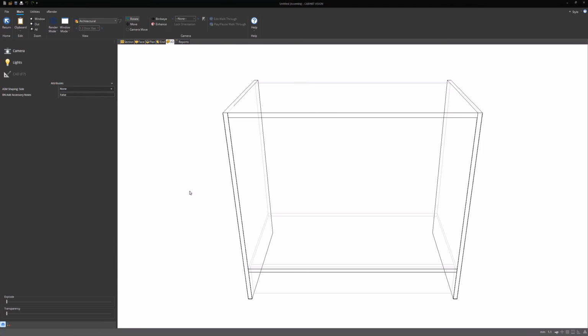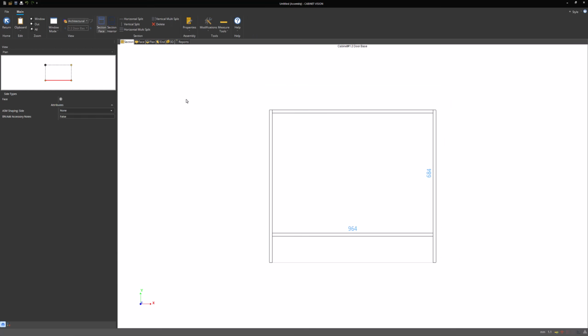Today we're going to be doing a quick tech tip, and for the next few tech tips I'm going to be focusing on the section editor on assembly level. Now this is one of my favourite parts of CV just because there's so many things that we can do in section editor. And today I'm going to be showing you the modifications menu and how we can modify the